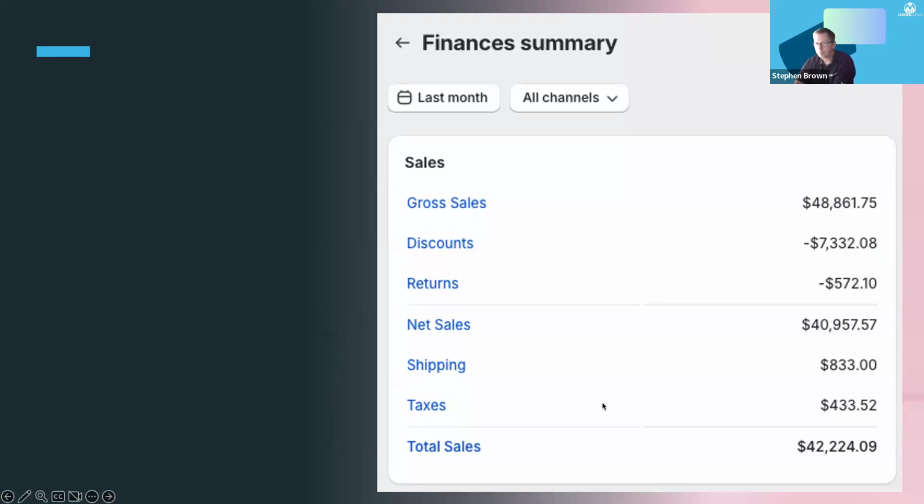Shopify is really dumb. They do this stupid thing where they include money collected for taxes as sales. It's not a sale. It's actually a liability that you owe to the government. So this is one of the things that all of us accountants hate about Shopify, because they'll be like, what happened there? Now, the other thing why the number might be different if you're doing thorough accrual accounting is maybe